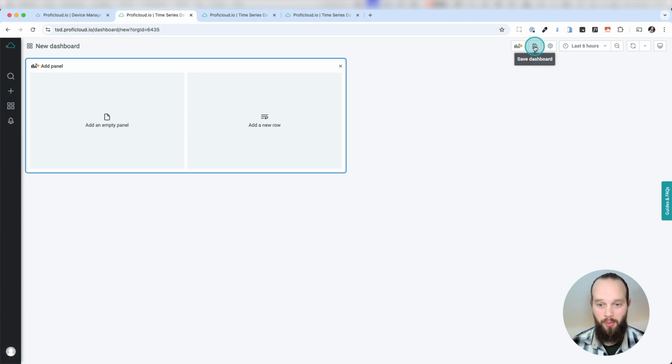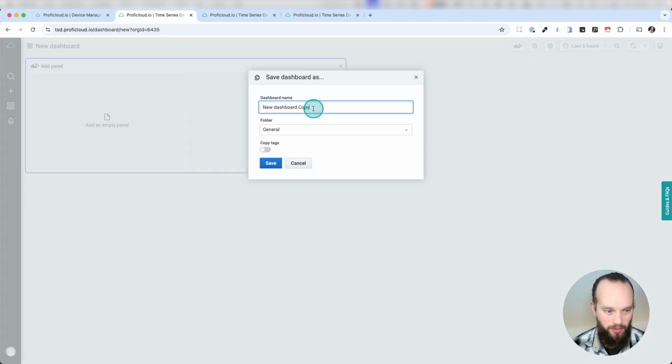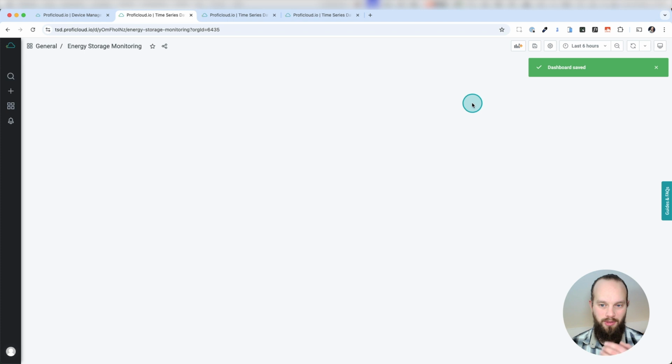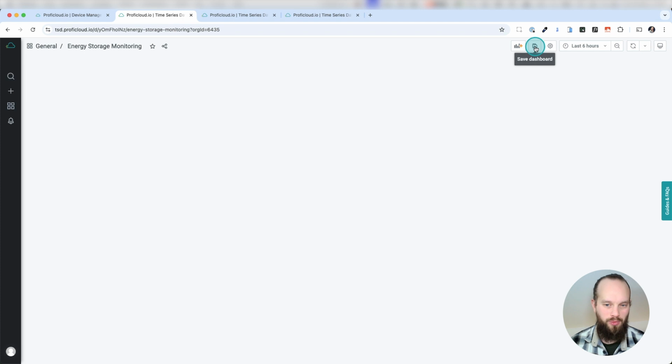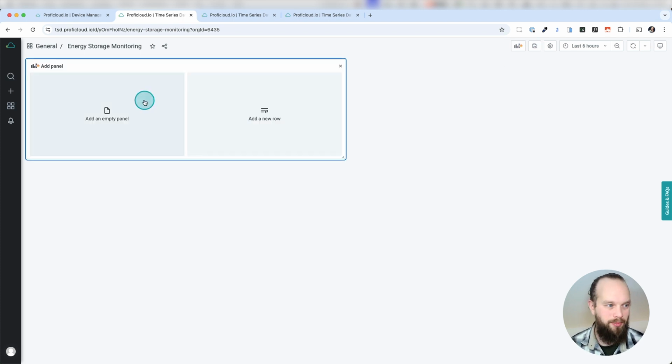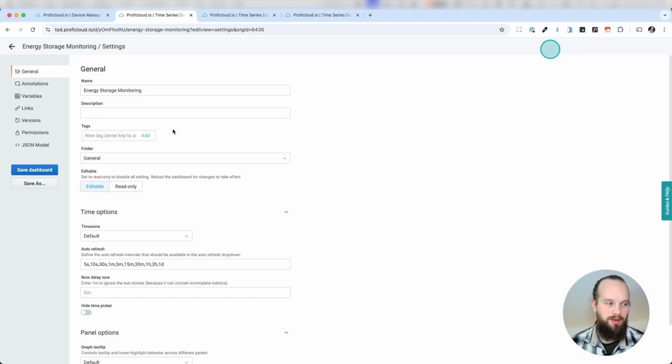The first thing I'm always going to do is save my dashboard, and now I can actually continue. A few words about the options I'm going to see here. So the save button, you have seen how that works, pretty easy, pretty straightforward. If I click on that panel, I'm getting the new panel. These options, the save and the add panel options, are only available for editors. Same goes for the dashboard setting options.